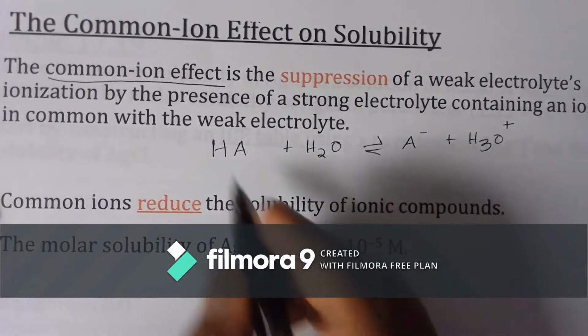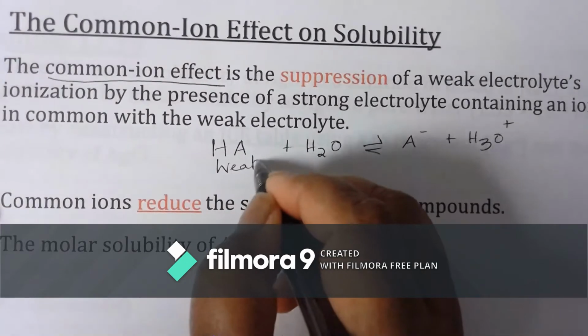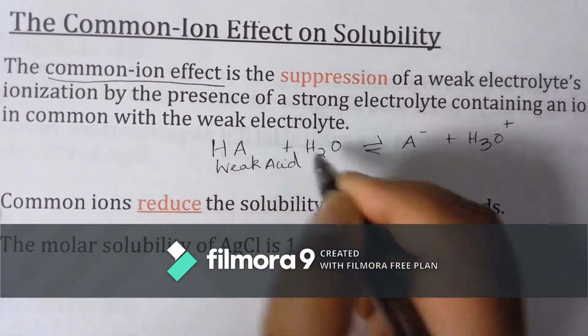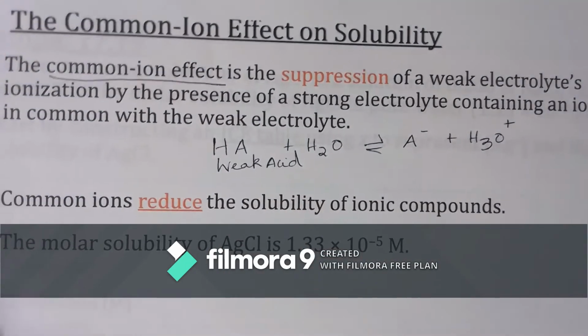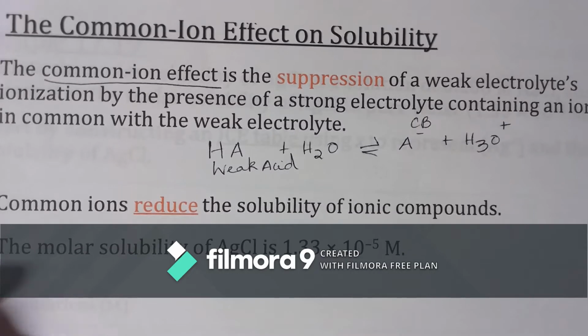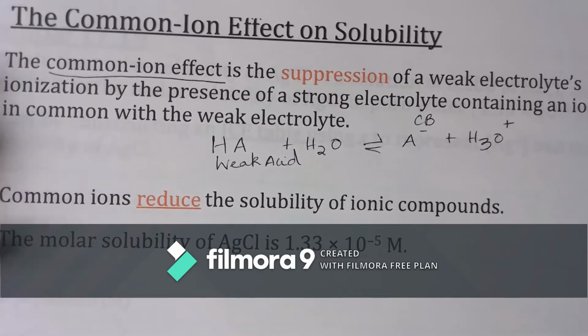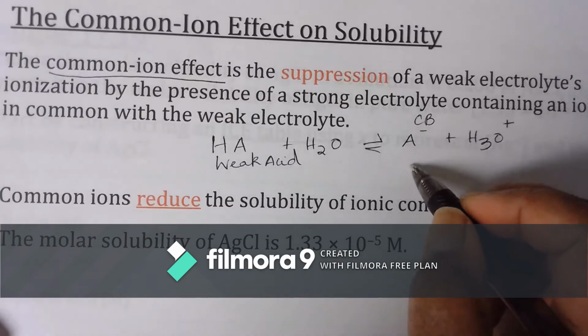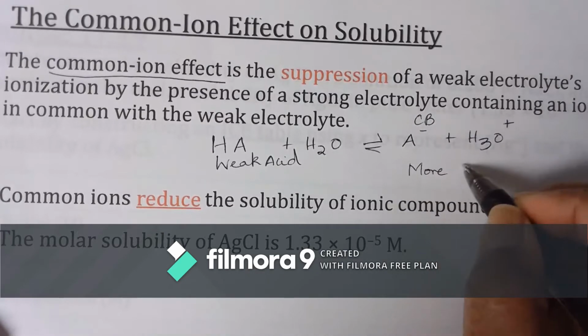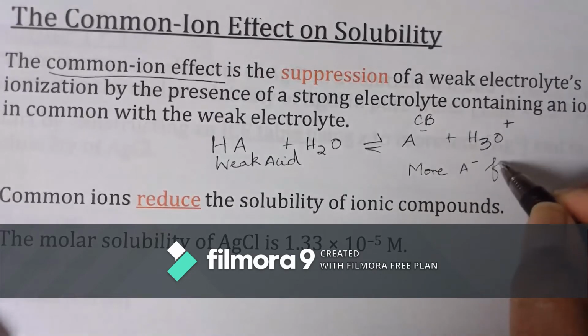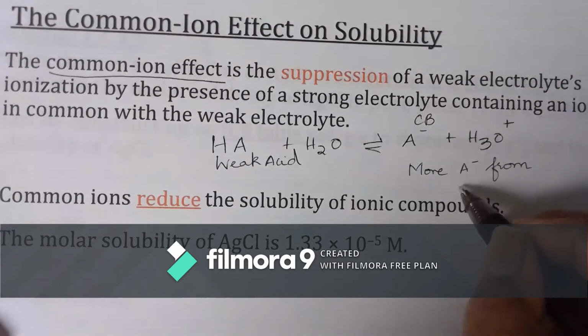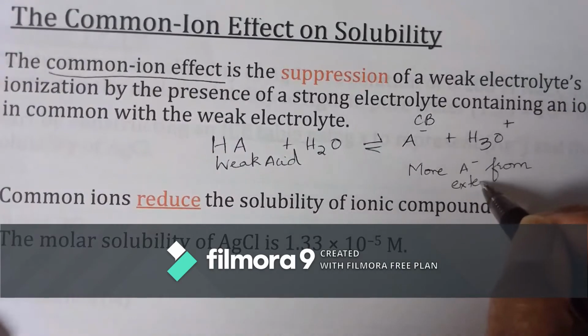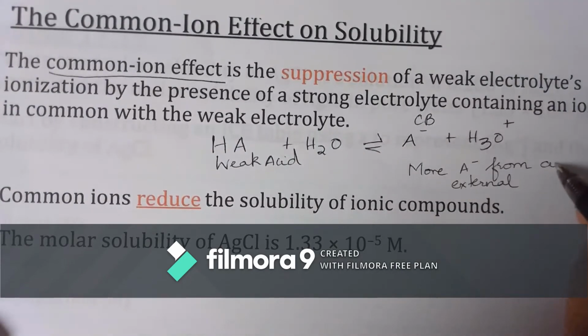So you have a weak acid, and it dissociates to give A minus, the conjugate base, and H3O plus. Now when I add more A minus from an external source,